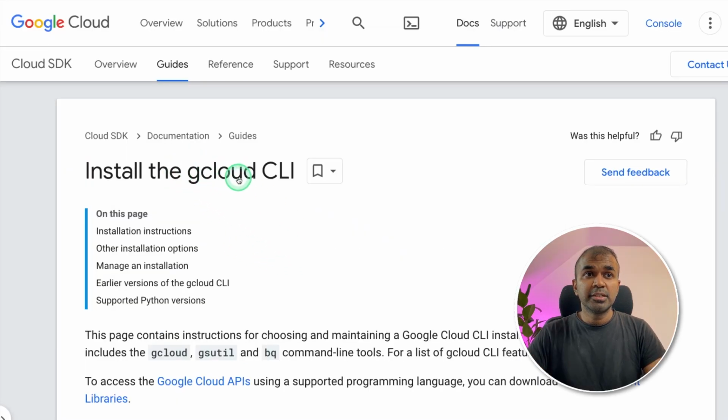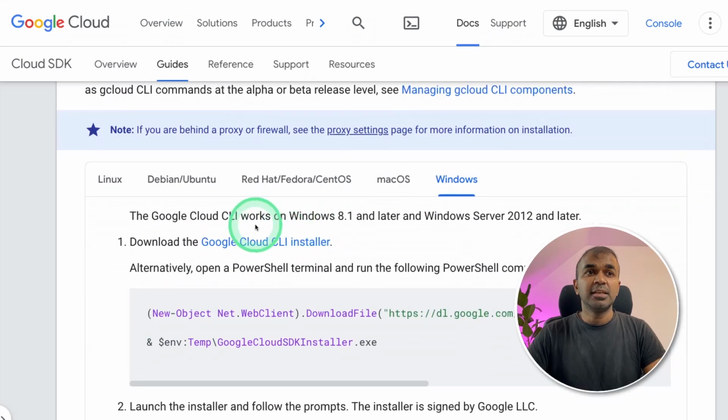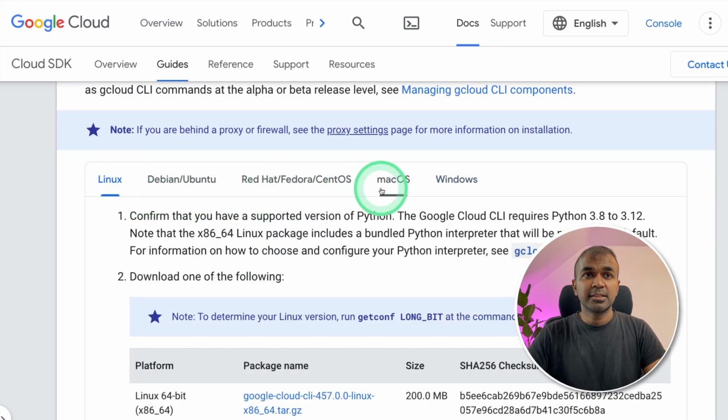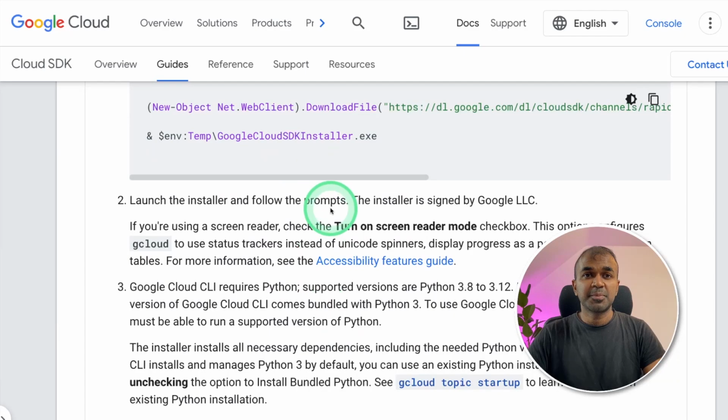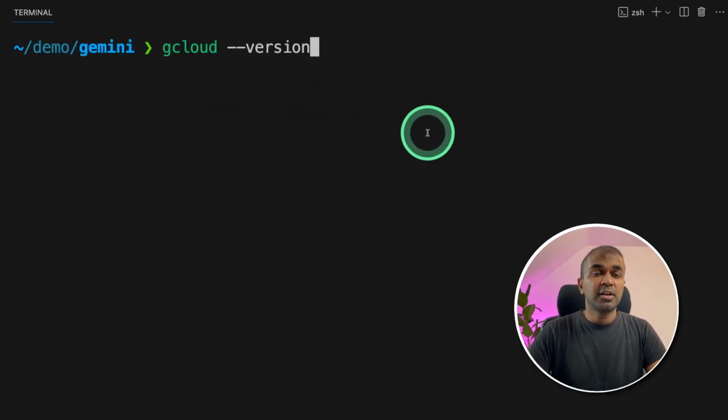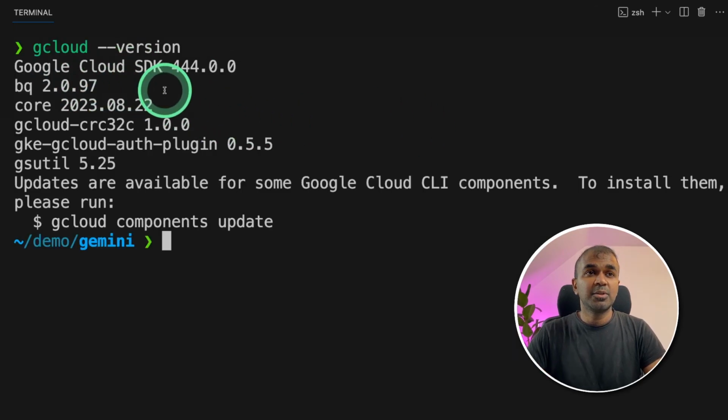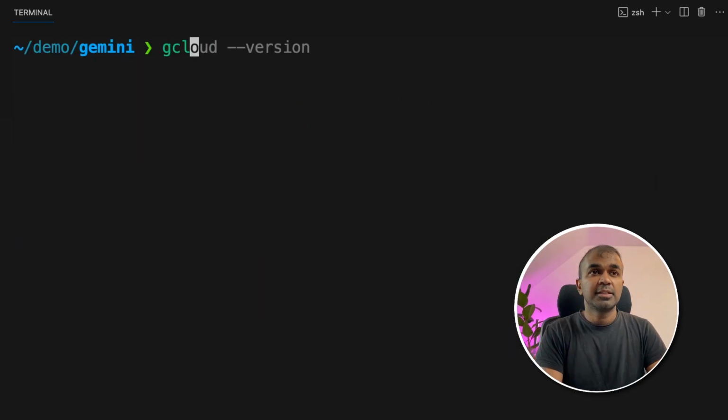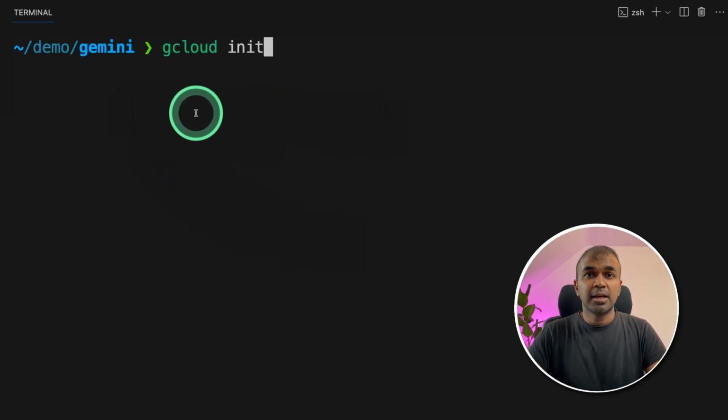Next, you need to install gcloud CLI, and you can see for various OS like Linux, macOS and Windows, the list of steps. So you can follow this and install the gcloud CLI. By typing gcloud --version, you can verify that gcloud is successfully installed or not. After that, type gcloud init and click enter. This will automatically ask the email address which you have provided access in Google Cloud portal. This is vital. Only if the particular user has permission to access Vertex AI API, then you can run this